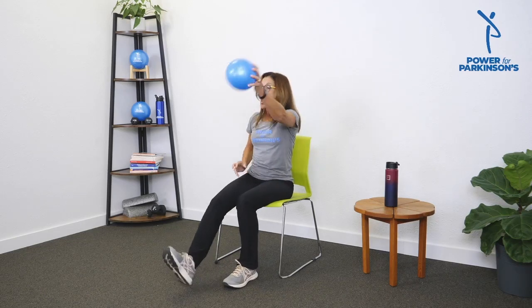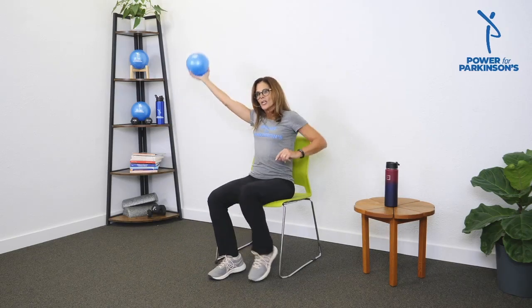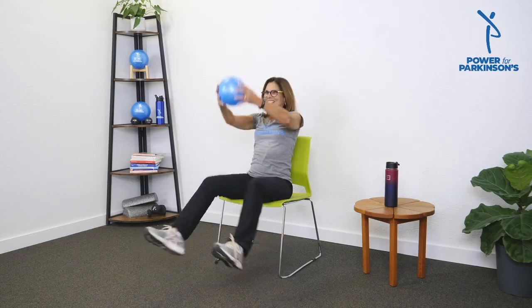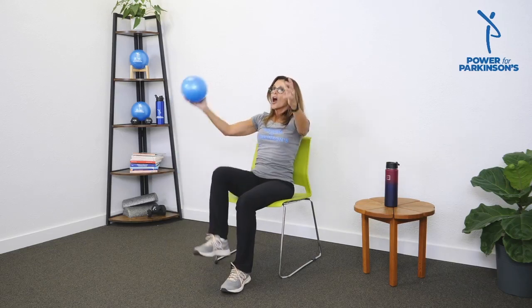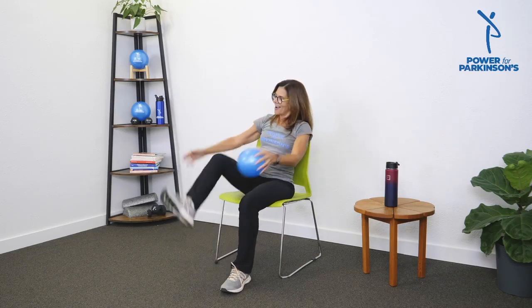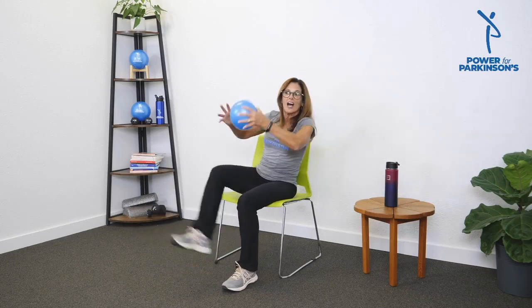back, tap, 2, 3, switch, front, back, tap, 2, 3, jacks, out, in, up, down, out, in, up, under, over, out, and other side, under, over, out. Now alternate, out, in, out,